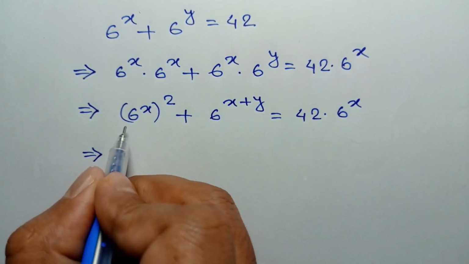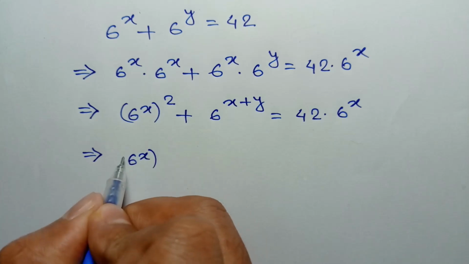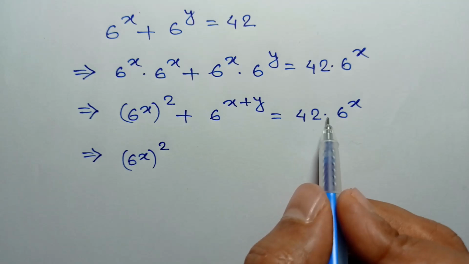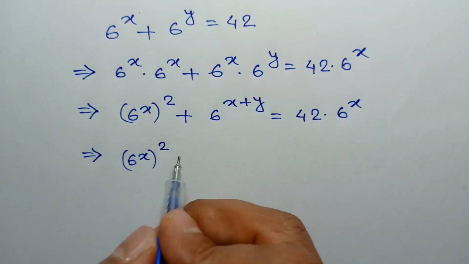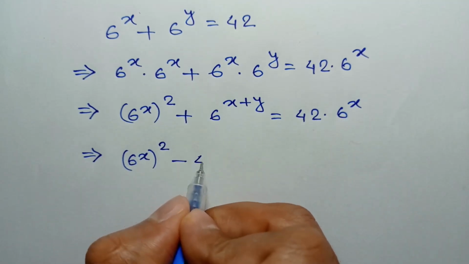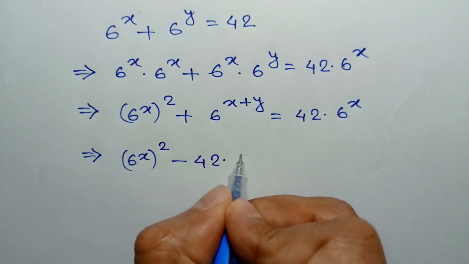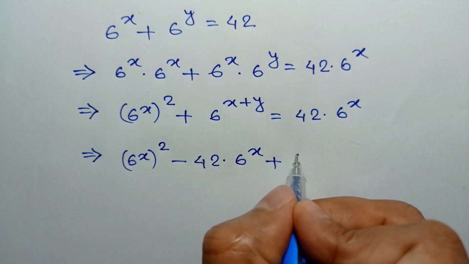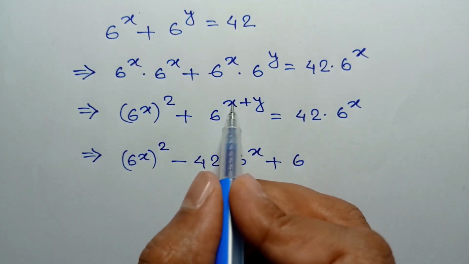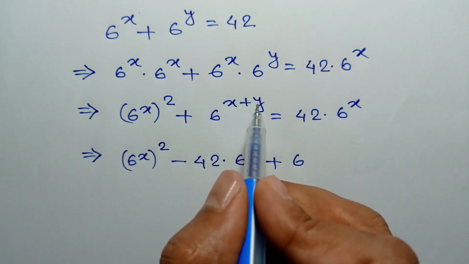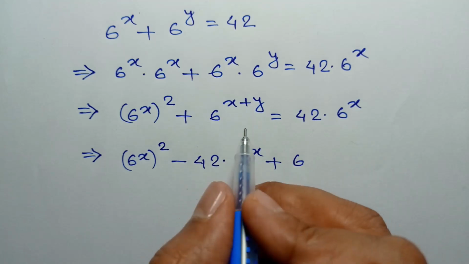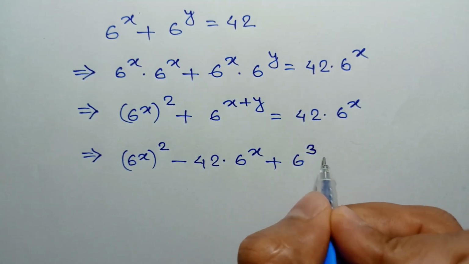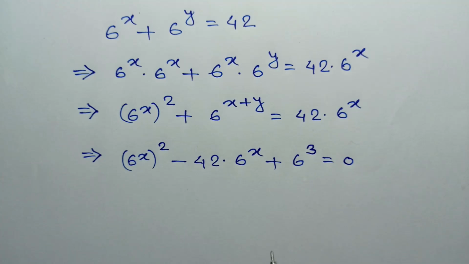or 6 to the power x whole square, taking this 42 times 6 to the power x to the left side we can write negative 42 times 6 to the power x plus this 6 to the power, from equation 2 the value of x plus y is 3. Now substituting the value of x plus y we can write 6 to the power 3 is equal to 0,